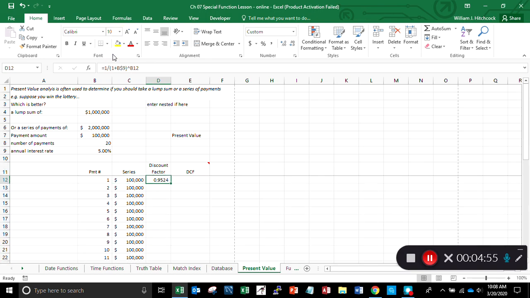Alright, got that. And let's copy our discount factor down a little bit and see what happens. And notice, for getting $100,000 2 years from now, it's worth only about 91%, 86%, 82%, and so on. And we copy this down. So finally, to find out how much all this money is worth, my discount factor is, or my discounted cash